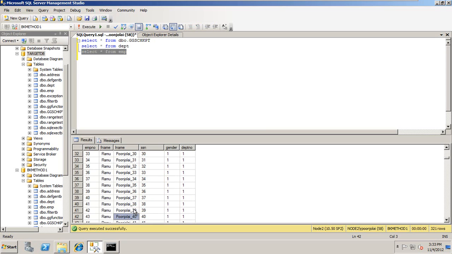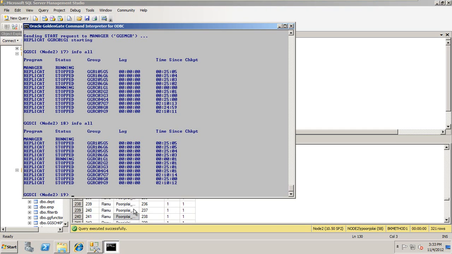We started inserting right after the backup file. Okay, so we didn't have any problem. The replicat is running fine and inserting all the rows. Okay, so there are no collisions. So okay, so this is how you do it